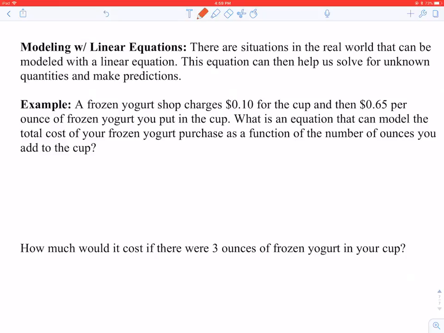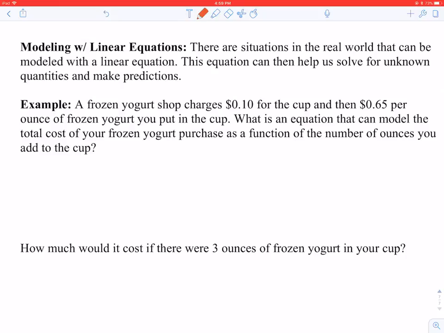So in this example, a frozen yogurt shop charges 10 cents for the cup and 65 cents per ounce of frozen yogurt you put in the cup. What is an equation that can model the total cost of your frozen yogurt purchase as a function of the number of ounces you add to the cup? Okay, well, the cup is going to cost 10 cents no matter what, but the number of ounces of frozen yogurt that you add to the cup is going to vary, and the price is going to